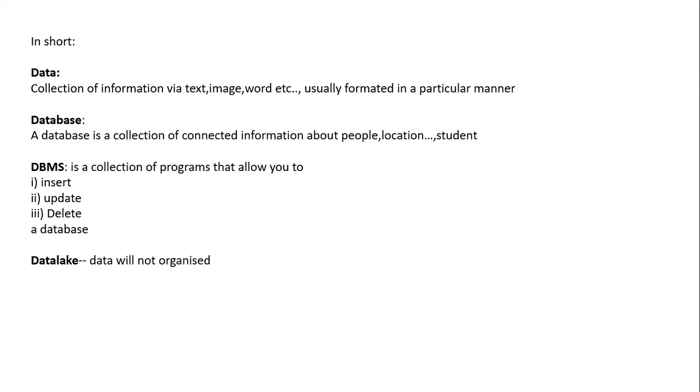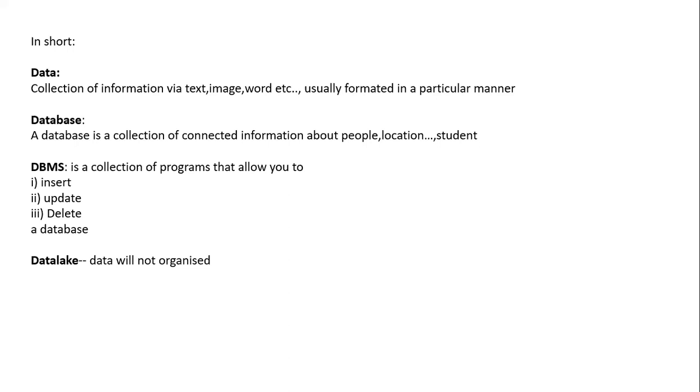Next term is the database management system. Let's suppose I have the student database, and a new student joins the class. I will get that student's information and insert the record. If a student changes their mobile number, I will update it so that any information shared reaches that mobile number.